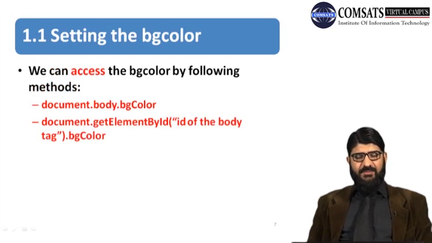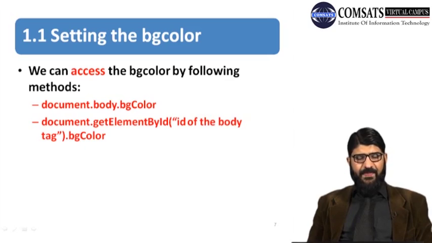Now the first one, we can set the background color by using different methods. For example, the first method is document.body.bgcolor. In this way we are going to access the particular document, then we specify the body tag, and in the body tag we are going to mention the particular color that we want. So the exact code will be